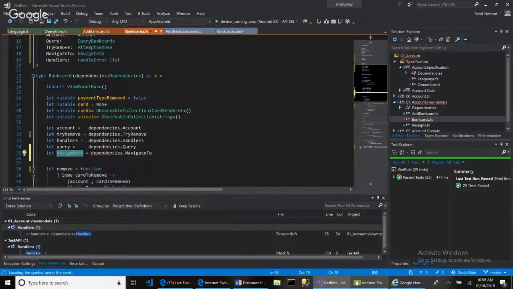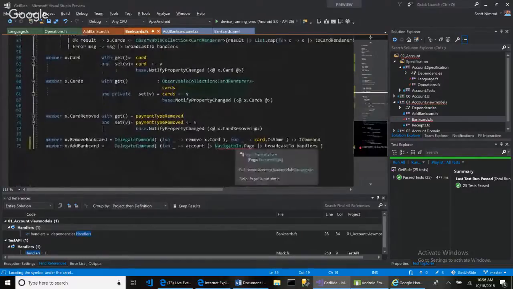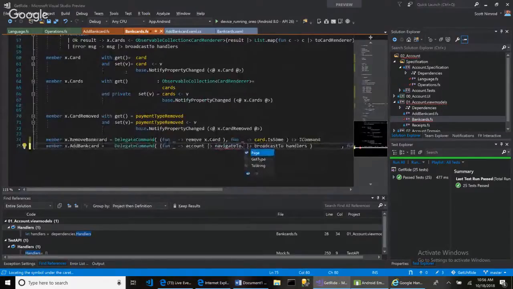And then everything must be aligned. Then this navigate to can be used down here, which I should just be able to say navigate to dot page, and that page,